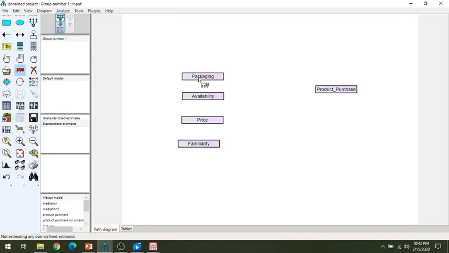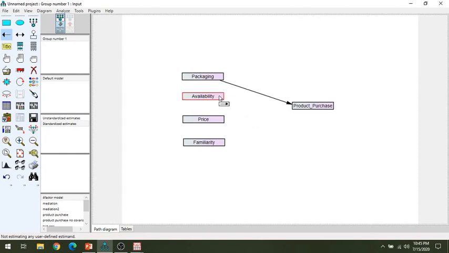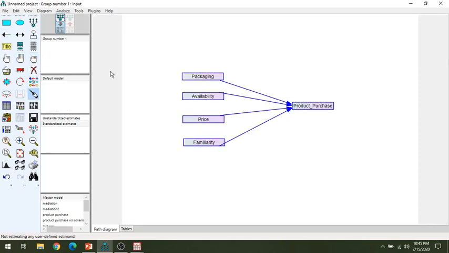You can rearrange the model as you want, like this, and we will make the arrows like this: price, familiarity. We'll select all, touch, like this. We'll have an error term,